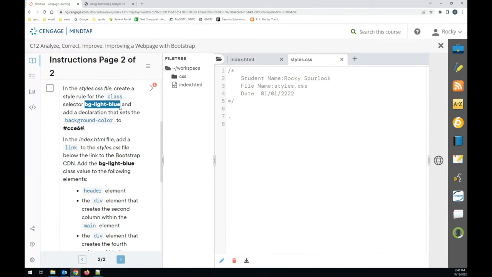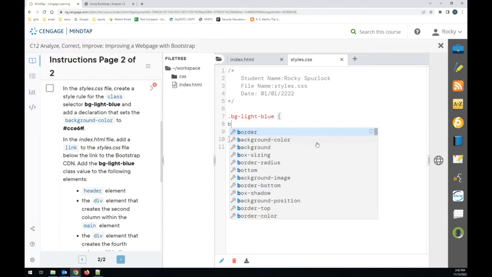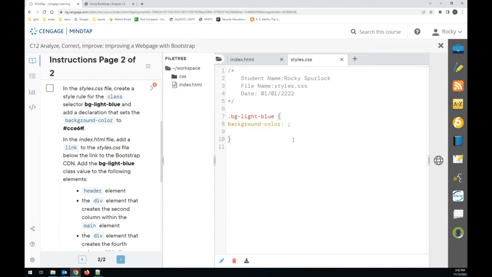We're going to set the class name, and inside our curly brackets, we're going to set the background color. And here we're going to set it to CCEFF. Okay, so now we've created that